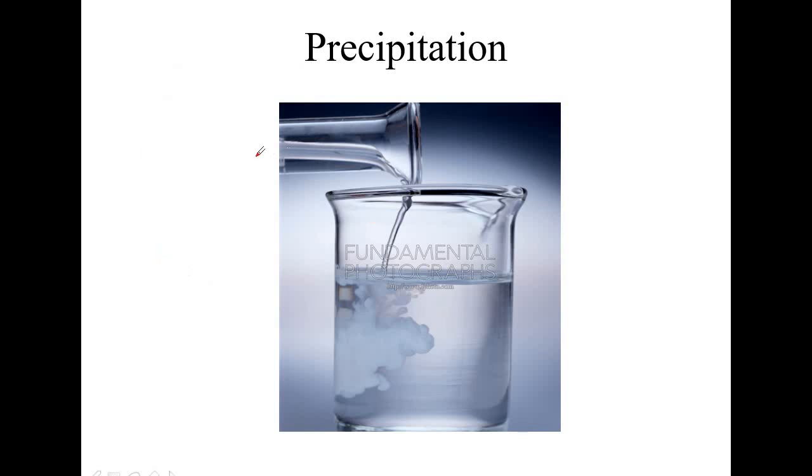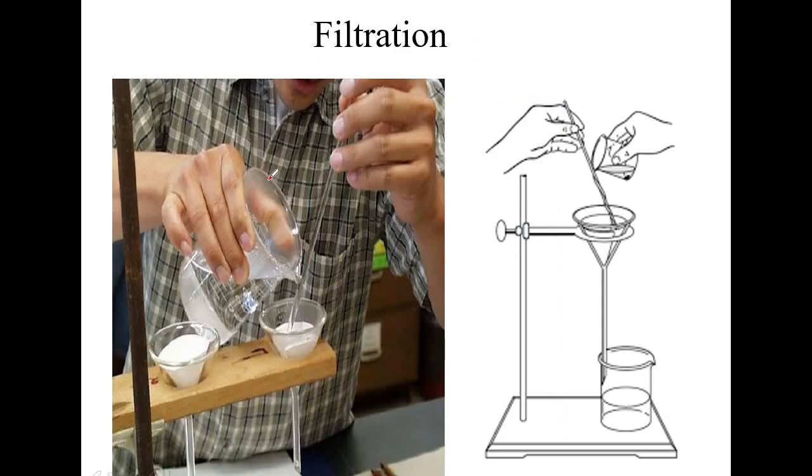This is one picture. Just imagine that this is a barium chloride solution you are adding, and this is your water sample, highly acidic, containing sulfate ions, kept near the boiling point. As soon as you add this, you get a white precipitate, and then you allow that precipitate to settle for 2 hours at 80 to 90 degrees Celsius. You are digesting it and allowing it to stand till the precipitate settles down, and then you filter it using a Whatman filter paper number 42. Carefully filter it, making sure you are not losing any amount of the sample.